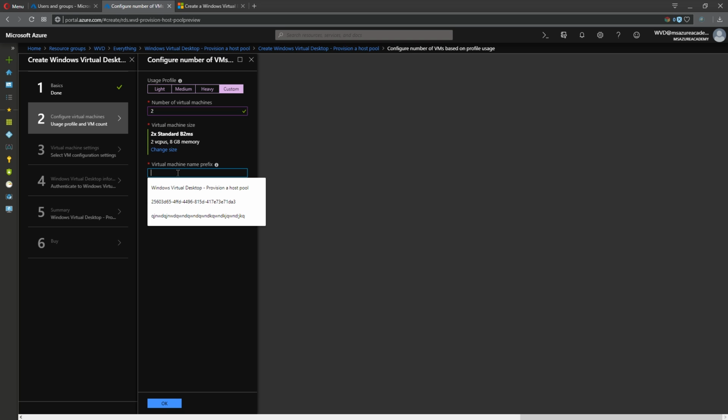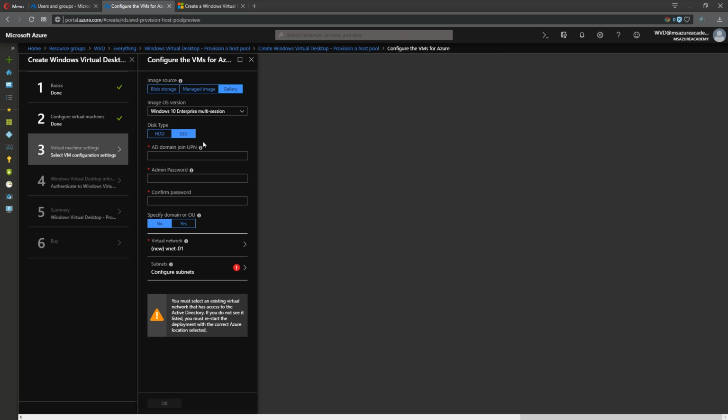So now we need a prefix. Now the prefix is what's going to be tagged onto the front of all of the VMs that we're going to build in this solution. So since I had MSAA as my prefix for everything else I did, I'm going to add that here. And this is Windows Virtual Desktop, so I'll have that as well. And then what's going to happen in the VM names is there's going to be a dash that comes after this and then a number for the instance count. So if you have other specifics around your naming convention, be sure that you have the prefix accordingly to that,